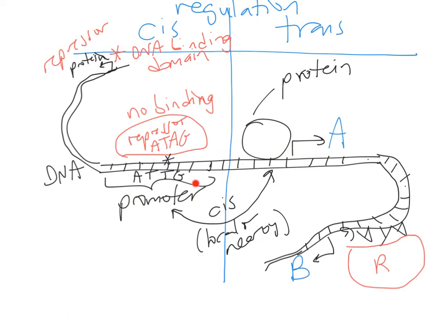If you mess with the promoter, it only affects expression of this gene. But if you have a mutation that has a widespread or trans effect, that's the difference between cis and trans. Cis is a local effect. Trans is more of a global effect. The easiest way to summarize this, I think,